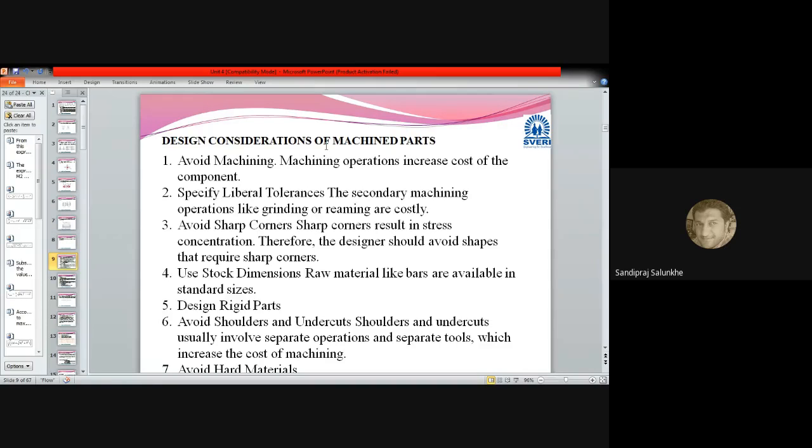Next is design considerations of machining parts. When the part is manufactured by means of machining, then what consideration, what care we have to take,